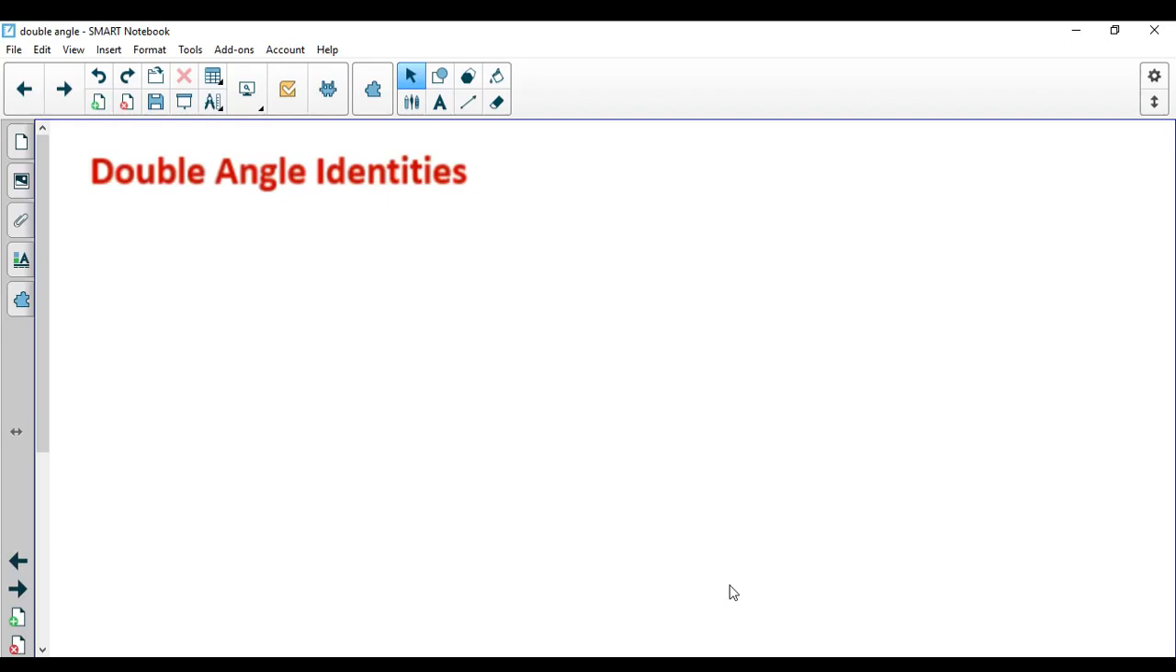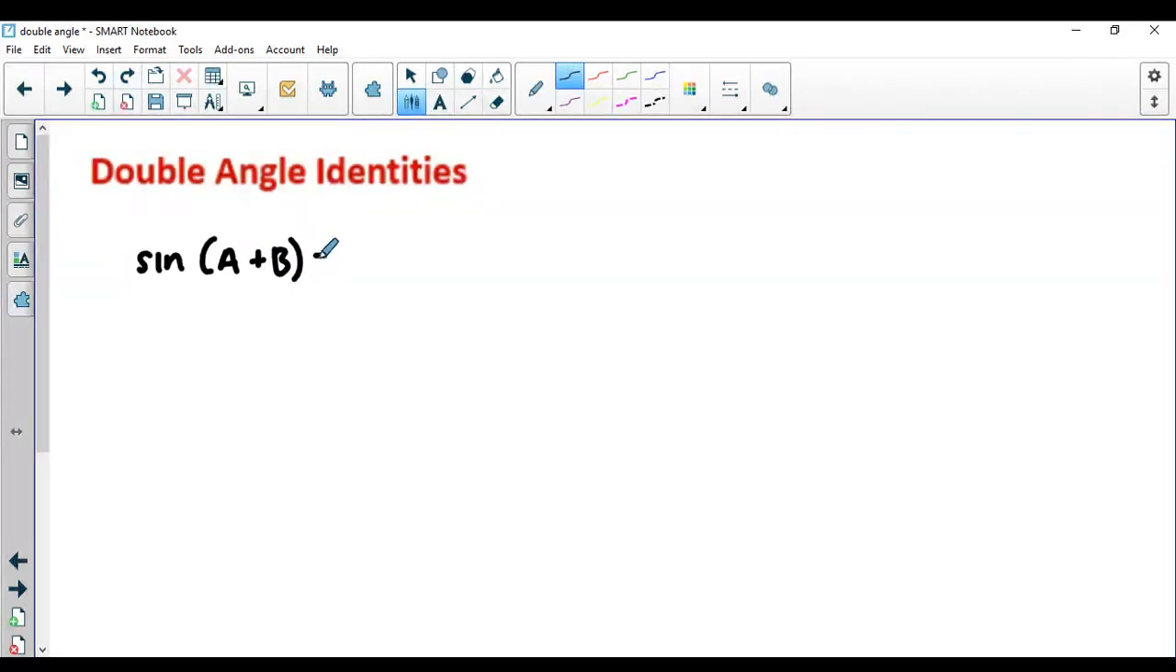Hi everyone. Today I'm going to go over some double angle identities. It's actually a continuation of the sum identities. Let me remind you, we had the sine of the sum of two angles, A and B,